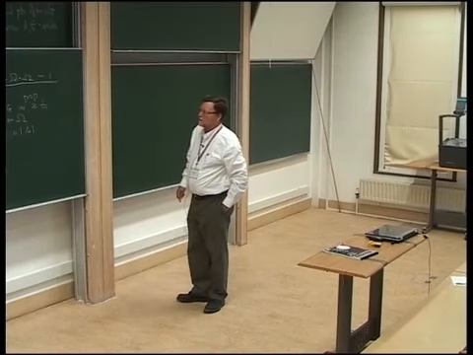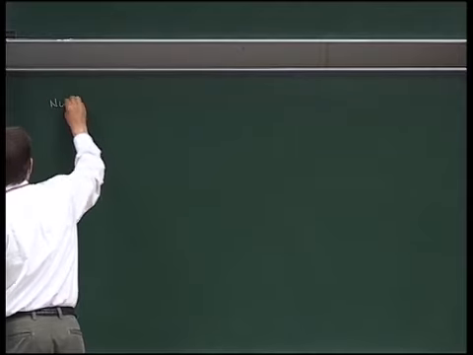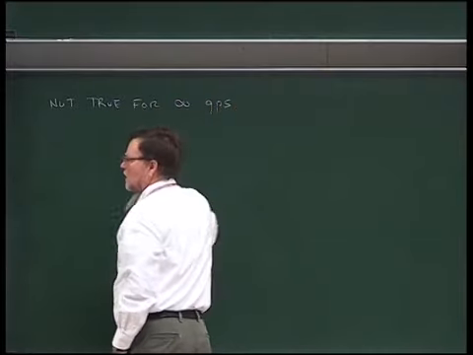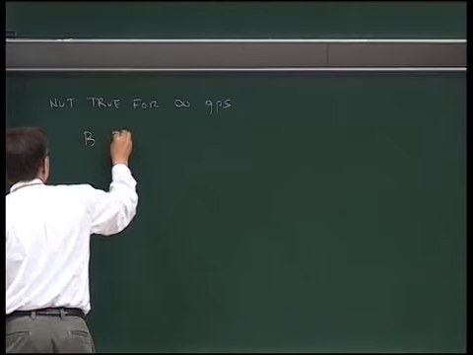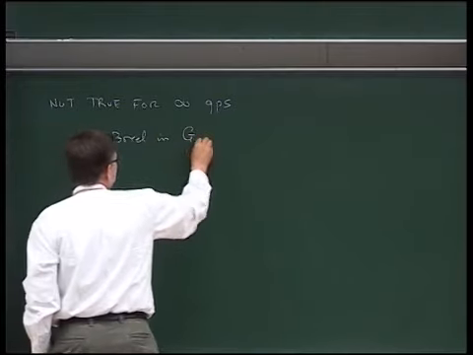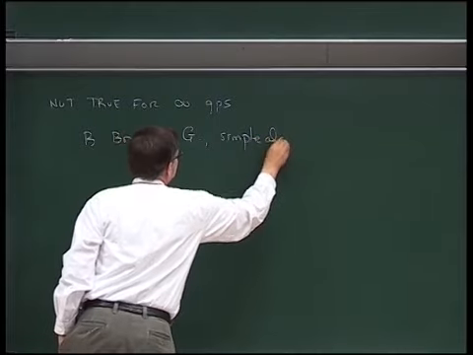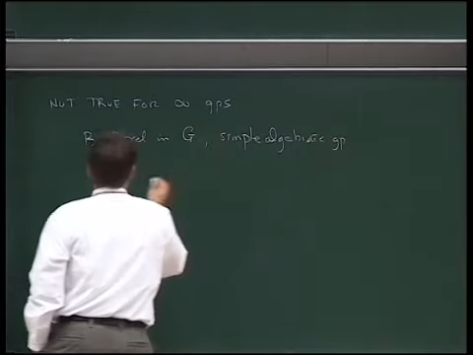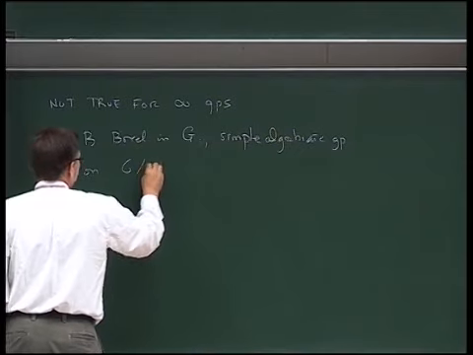Okay, so as I said, it's not always true. It's not true for infinite groups. And of course, there's the obvious example if we think about it. If B is a Borel in our algebraic group G, and let's say G is simple, I mean, obviously, a simple algebraic group, then every element is in a Borel. So on the flag variety, every element has a fixed point.